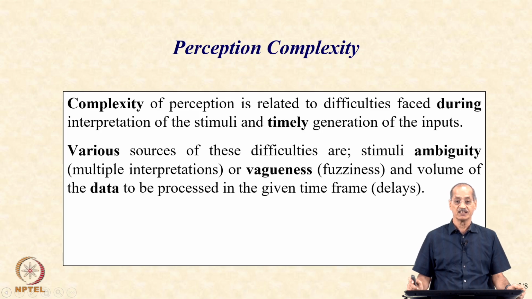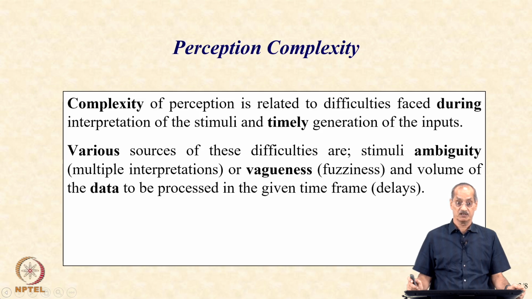And we realize that the stimuli itself is the major source of difficulty in the form of ambiguity. There could be lack of clarity. For example, if the vehicle in which we are putting a camera that is taking a picture of the surrounding environment has frames moving at a fast rate, and speed is high, there will be fuzziness in the image which will generate ambiguity in the picture. And that ambiguity could result in multiple interpretation,